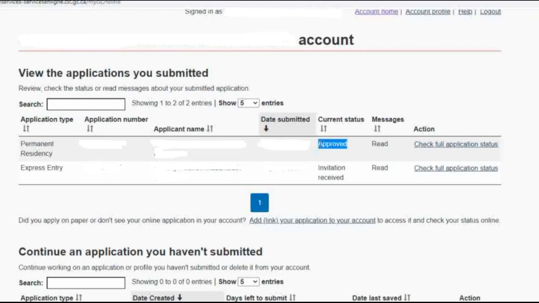So once accepted by CIC, you will receive your golden email, that is the visa is ready for stamping. You'll have to submit your passport through VFS to get the visa stamped. Once your passports are stamped, your application status will change to permanent residency approved, and you can finally book your tickets and arrange for accommodation. With this, we come to the end of the series on the process of applying for a Canada PR visa